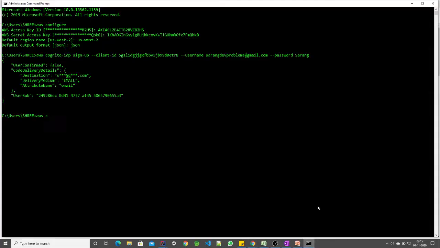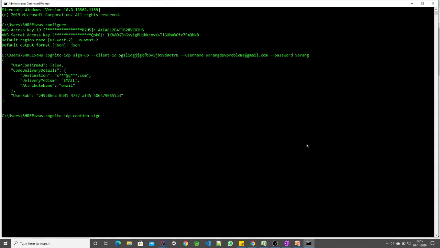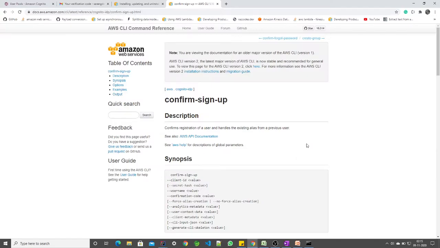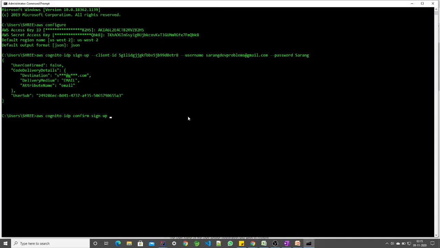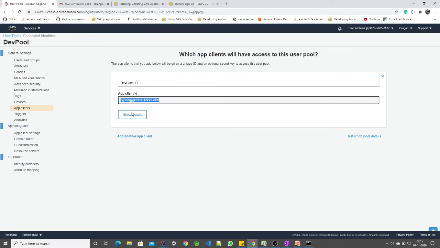So aws cognito-idp confirm-sign-up. Okay, there is one more. Confirm sign up. So what things are necessary? We need to give the client ID. Okay, I forgot to copy. Okay, so this is my client ID,